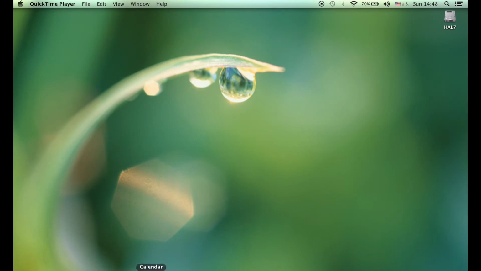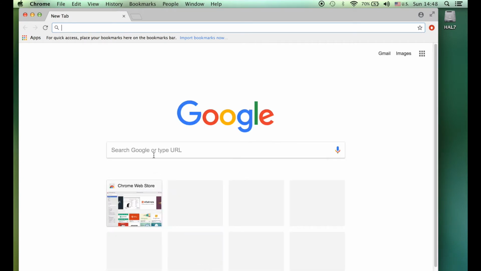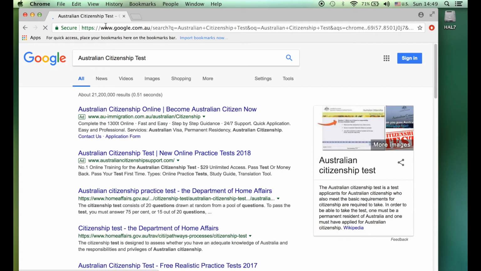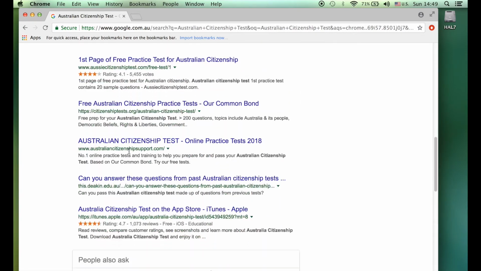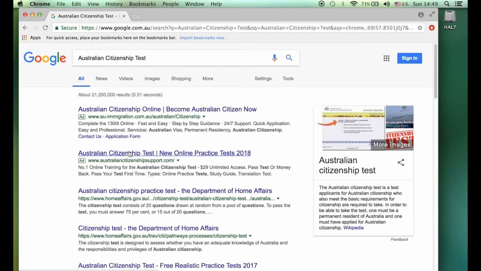So the first thing you need to do is open up Google, and I usually type in the top bar, or you can type in here, and I put Australian Citizenship Test. Okay, so there are lots of sites with Australian citizenship tests, but if you want to get the citizenship test book in your language,